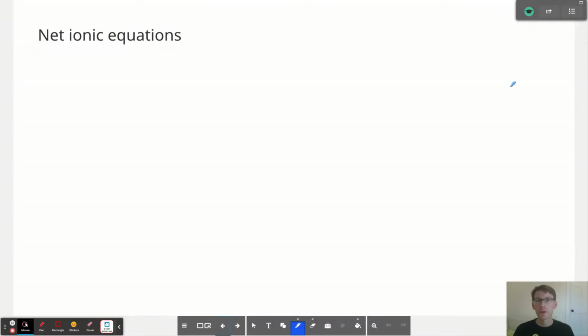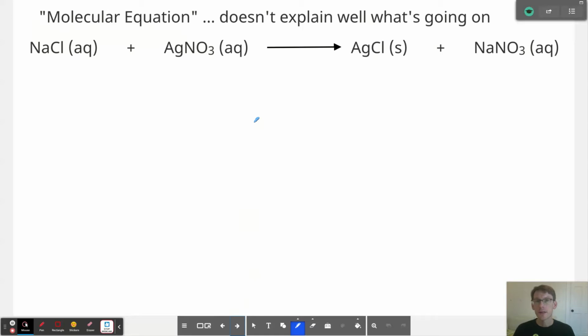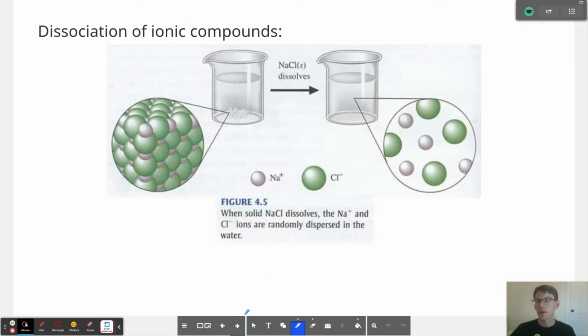In this video, we're going to learn about net ionic equations. Now, until now, in this class, we've studied molecular equations, like this particular example here. They don't always explain really what's happening in a chemical reaction. So when looking back, we know that dissolved